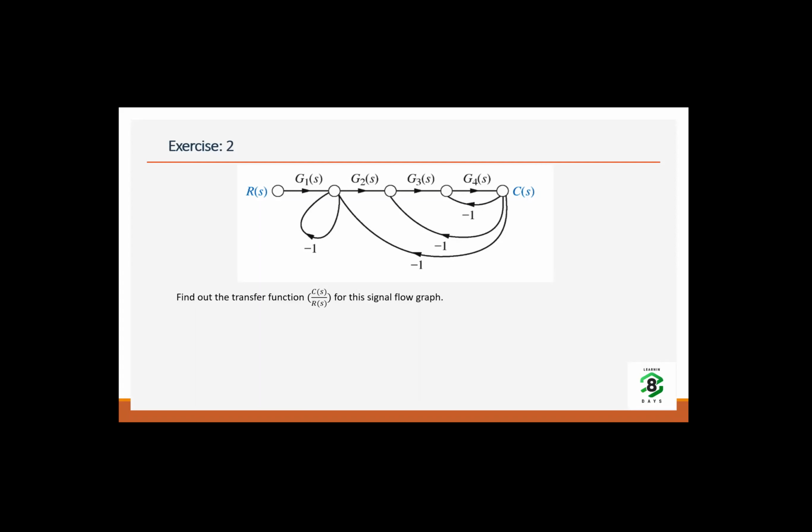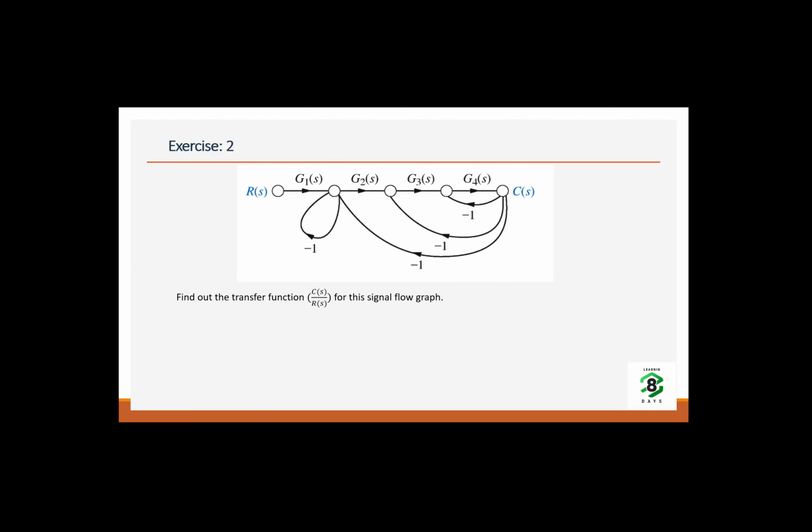The second concept is signal flow graph. Signal flow graph is another way of representing a control system. Again, this helps us to derive the transfer function. In this case, you have a single formula which is called Mason's gain formula, where you have to identify the number of paths and number of loops in the system. That is the only criteria, and that is the only task you have to do rightly. You have to find out all the forward paths and all the loops.